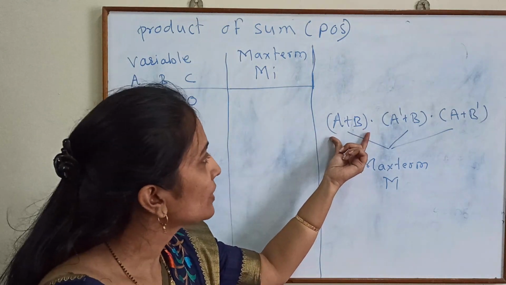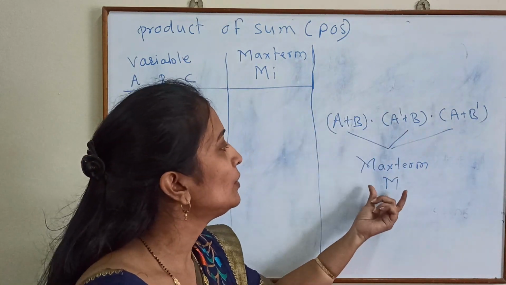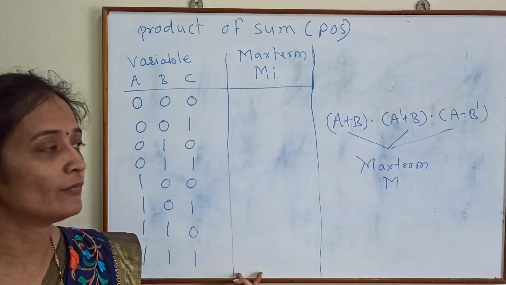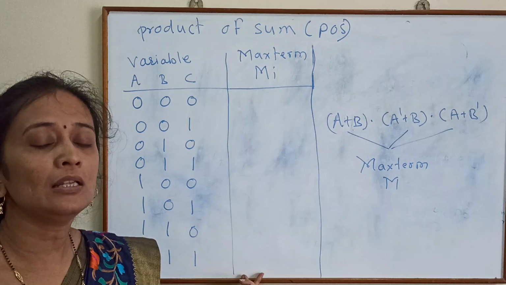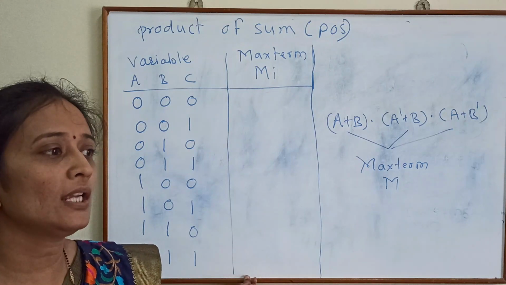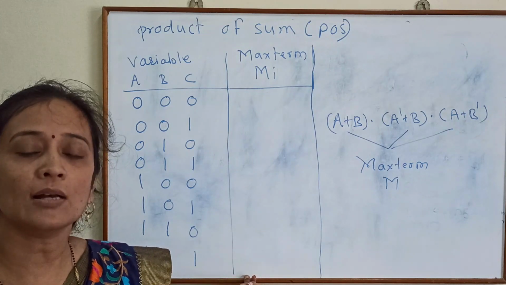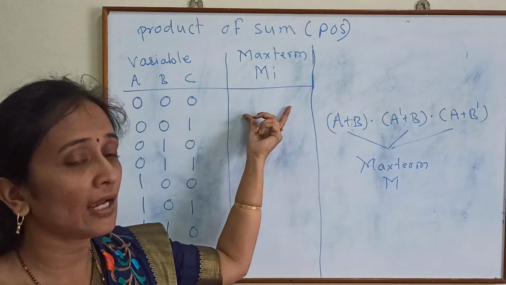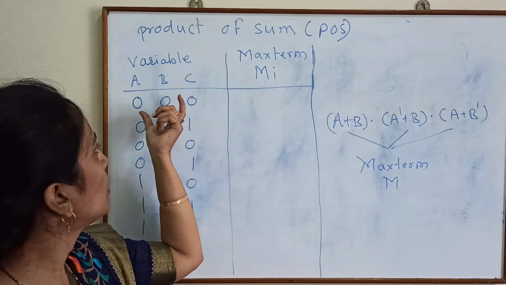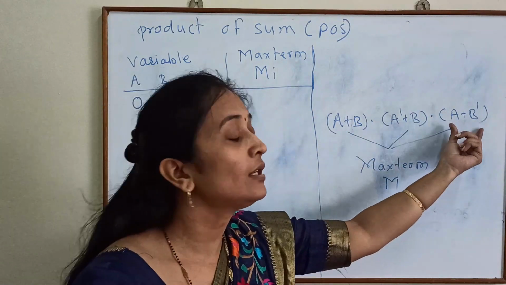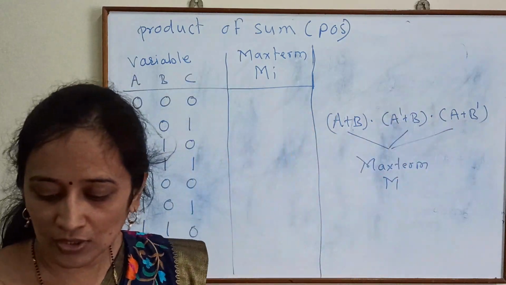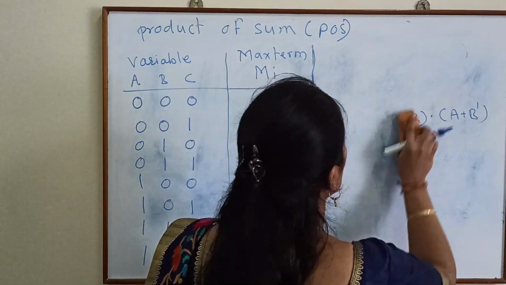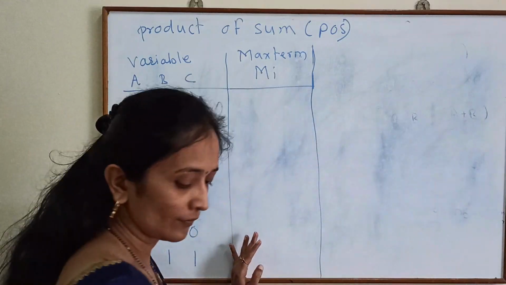Now to represent each and every term, to represent max term, we will draw a table here. In the previous example we were talking about sum of product, therefore we were taking product here. Now what do we have to take here? Sum. Sum of all variables, because everywhere sum is there. But what is the difference in both? In the previous example, what rules did we follow?